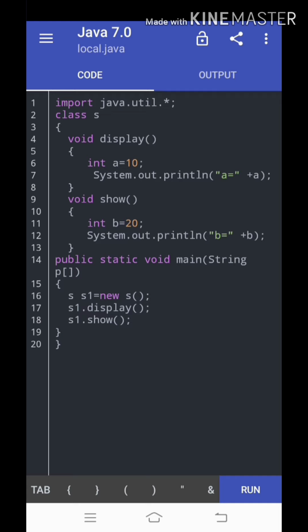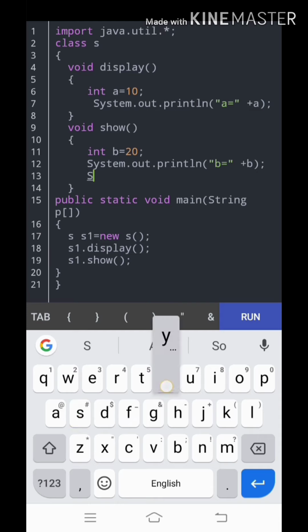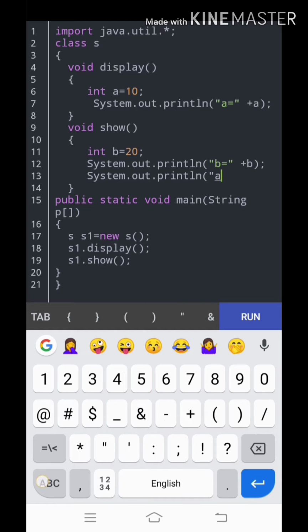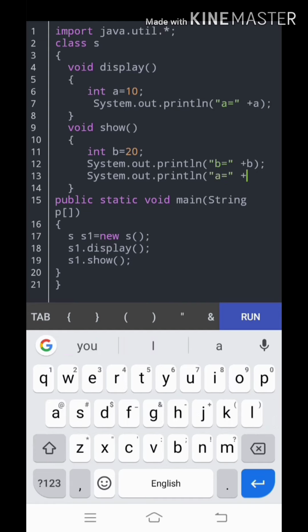As I said earlier, what if we call the b value in the display function or the a value in the show function? What will be the error we will get? Now, in the show function, I am going to call the value of a, like System.out.println a equal to, with a concatenation symbol plus, and I am going to call the variable a in the show function.